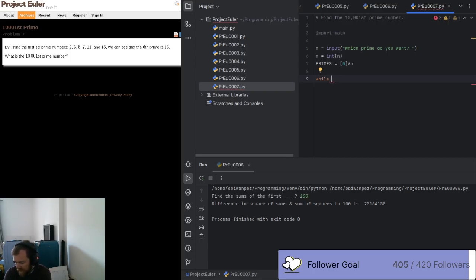The size of a prime ends up being exponential. The size of the primes is logarithmic, so